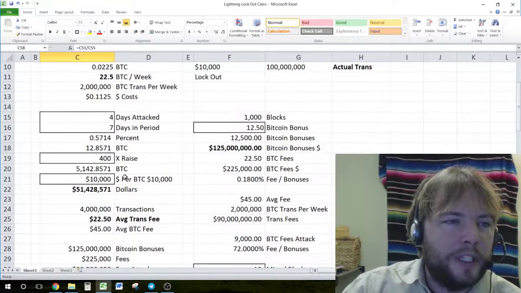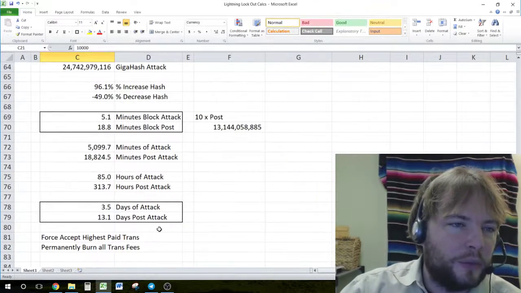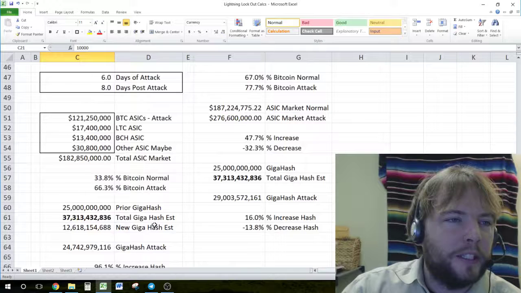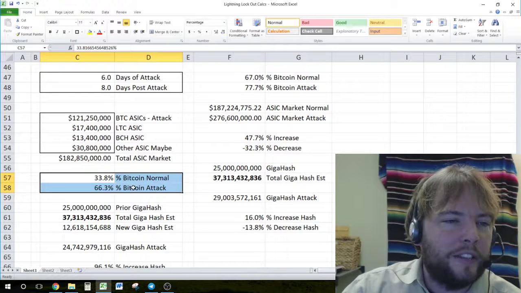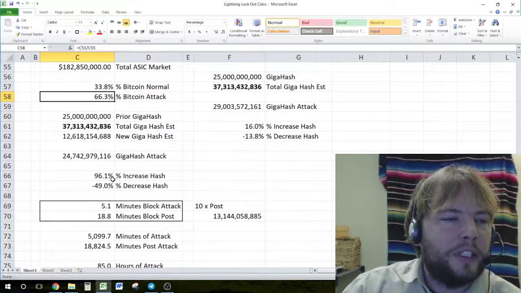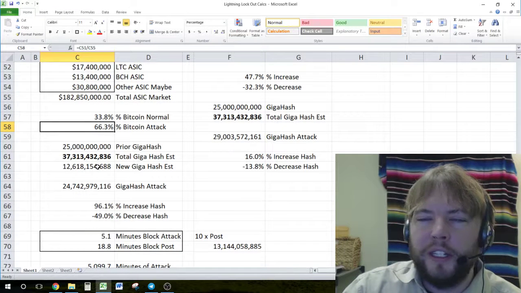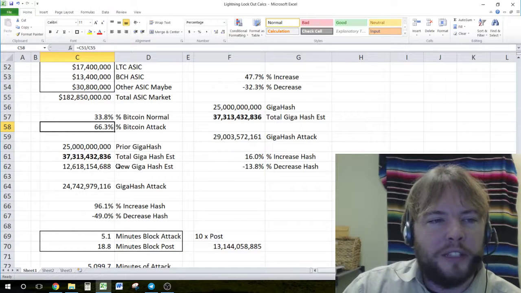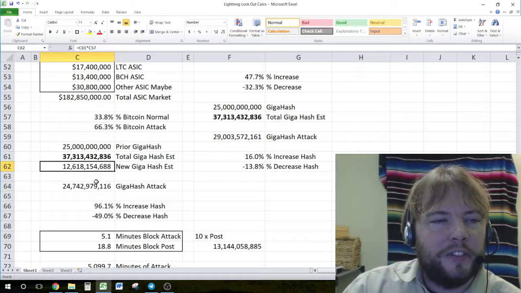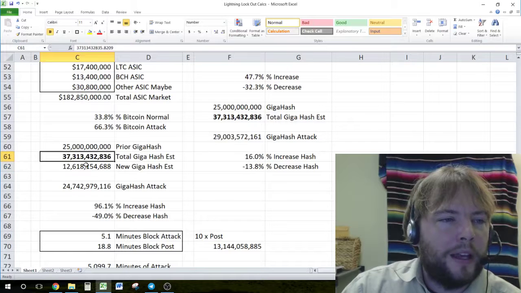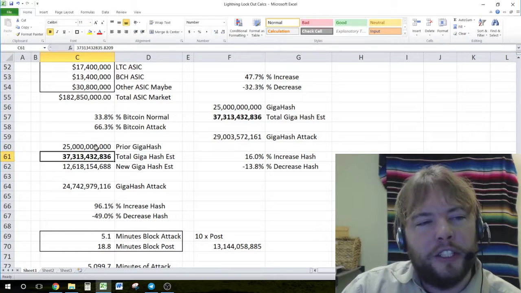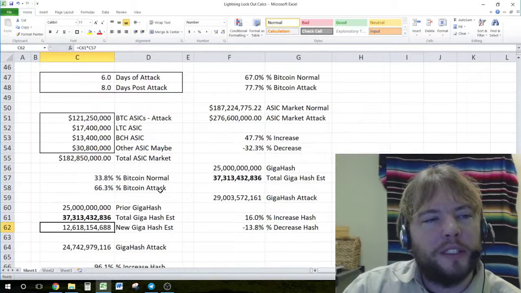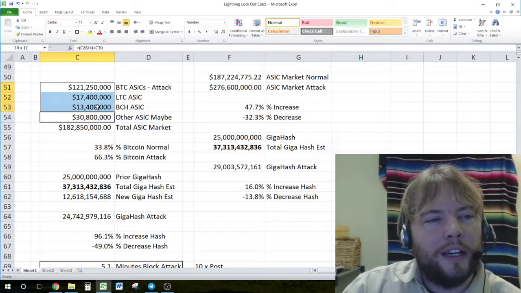If you assume you do this and there's no change in the dollar value, that's of course wrong, it would increase substantially. But if you assume you do that and there's no change in the dollar value, then since the bonus reward is much smaller relative to the transaction fee amount, the gigahash actually changes very substantially whenever you have an attack. So if the Bitcoin dollar value did not change, then it would go down from 25 billion gigahash today to maybe 12.6 billion gigahash. Still about